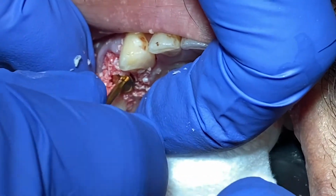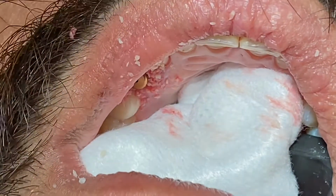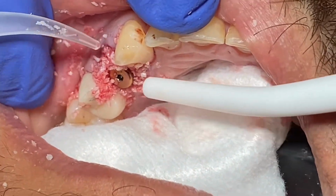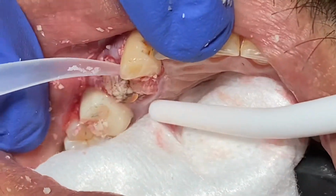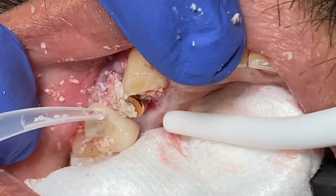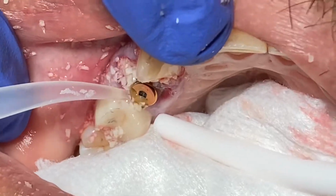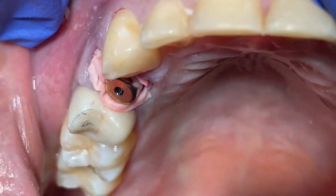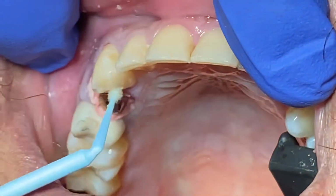Now, as you can see, there's so much particulate bone around the implant area. So what I have to do is remove some of the excess bone and try to preserve the particulate bone material that I put in, and allow the soft tissue to grow on those areas that need to be converted into soft tissue rather than bone. For example, on the buccal surface, as you can see there, the buccal surface has to be turned around into soft tissue. So I just put the membrane around this healing abutment,